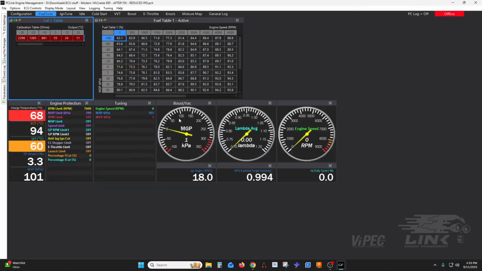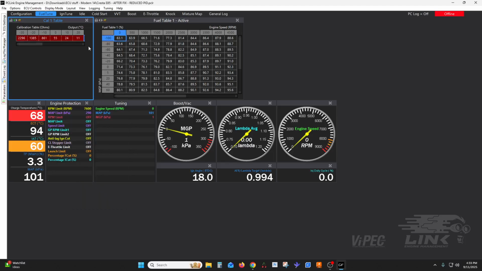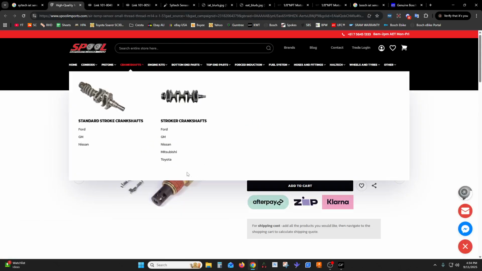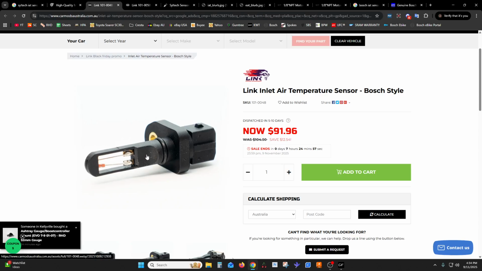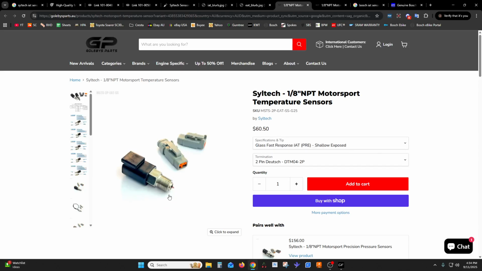All right. But you can change this somehow. There's a way of changing the table. I'm not going to do it now because it'll take me half an hour. But that is the difference between an old school sensor, a new school sensor, an intake air temp sensor, and a pre-intercooler sensor. All right. So if you've made use of your pre-intercooler sensor, let me know what you used it for,